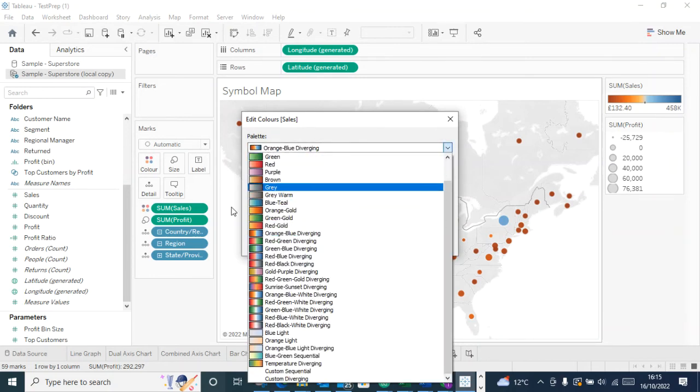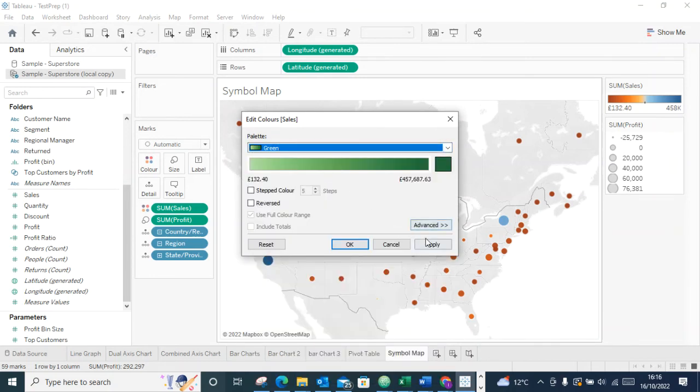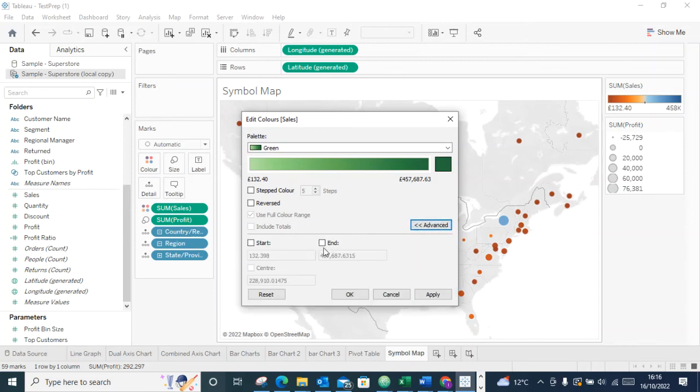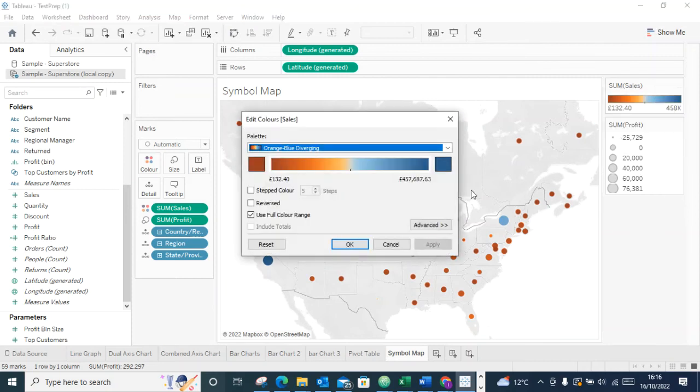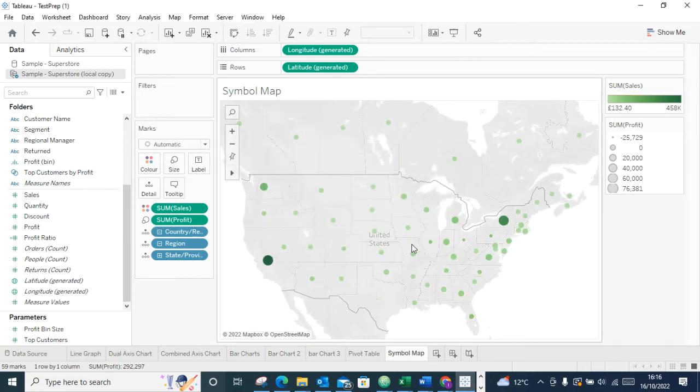Let's just leave it at one color. Something like this, green. Apply. So you see that anywhere that is deep in color, it means we have